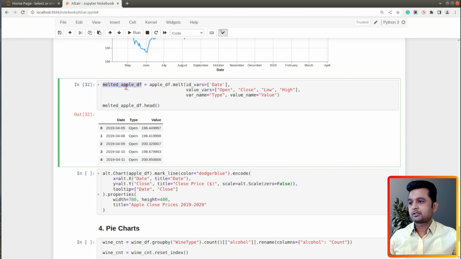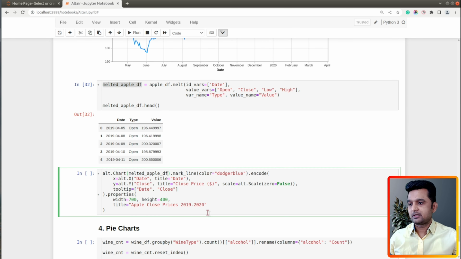So first of all, instead of Apple DF, we'll be using melted Apple DF. Like color, we won't be using Dodger blue because we will have different color for different lines. X-axis will be again date. Y-axis will be value this time. And over here, let me set axis. And tooltip will be date,